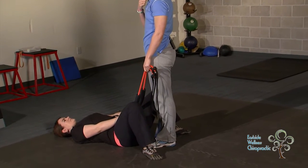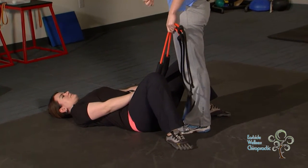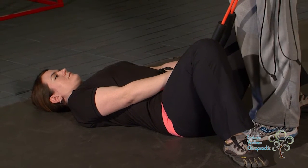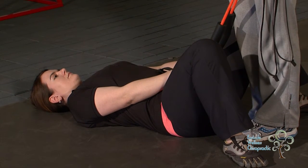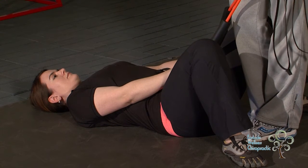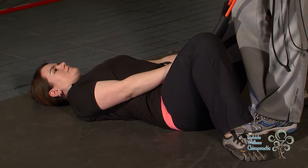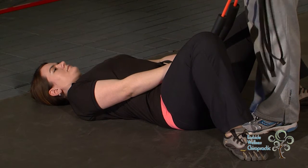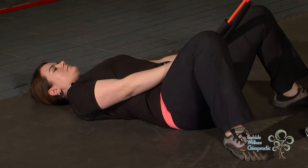So the first thing she's going to do is she's gonna bring her chin to her chest, and she's gonna roll up, thinking one spinous process will come off the floor, one at a time, kind of like the end of a treadmill as it wraps around the bar on the back side of the treadmill. It goes nice and curved around. The same idea with Kaylin's back. So as I give a nice pull back,